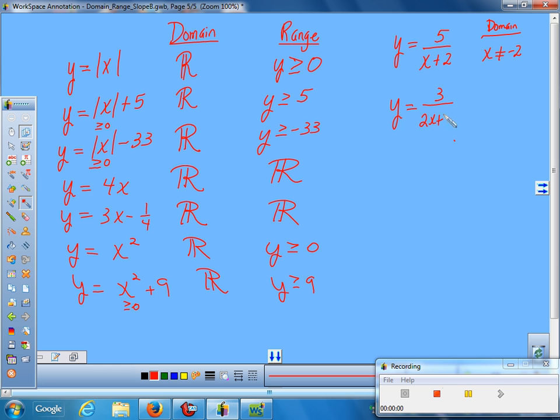So, in this case, you have to think a little harder. I can't have whatever makes the bottom equal 0. So how did we figure out on testing points what makes that equal 0? Set it equal to 0 and solve it. So then we subtracted 7. And so negative 7 halves is the number that equals 0. Or negative 3 1/2. I'll take decimals if they're exact. Don't round them. You can't have negative 7 halves. So you would say x cannot equal negative 7 halves. And leave it at that.